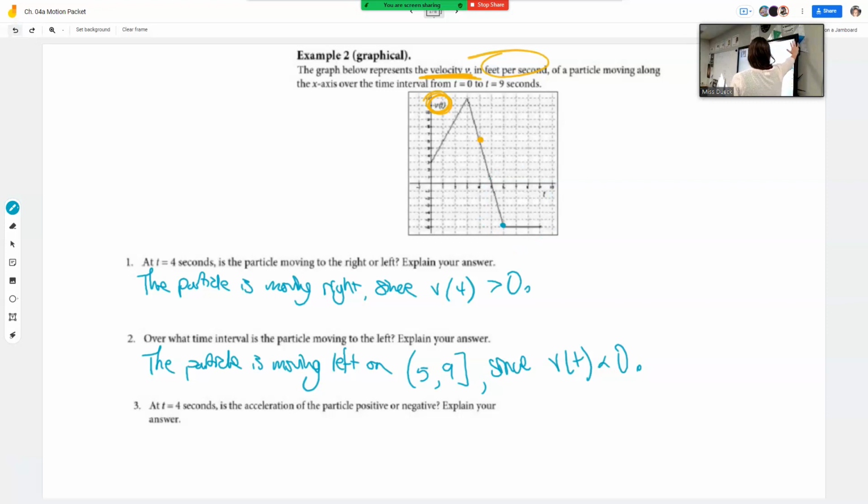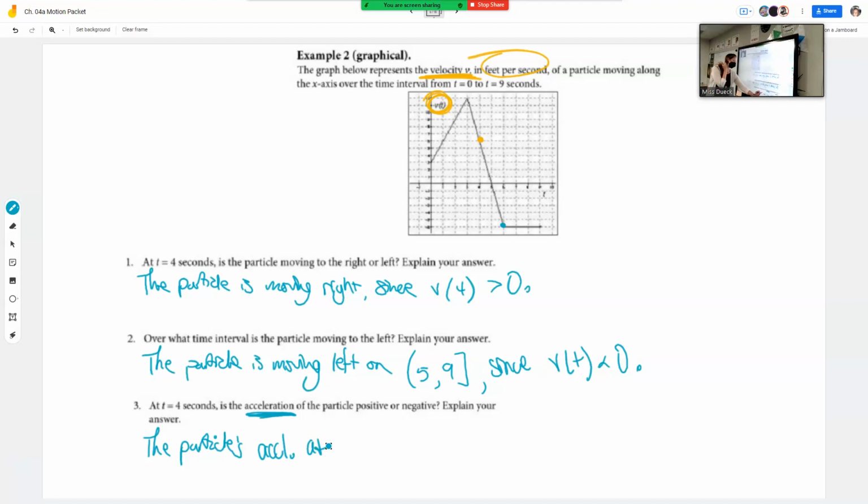Number next one, at t equals 4. Now's the time, cool kids. What are they asking for at number 3? Acceleration. So what are you going to say? I'm just setting it up. You guys give me the answer. I've given all the other ones. Not saying you couldn't have. I'm just going fast, right? The particle's acceleration. You can abbreviate. They'll know it.